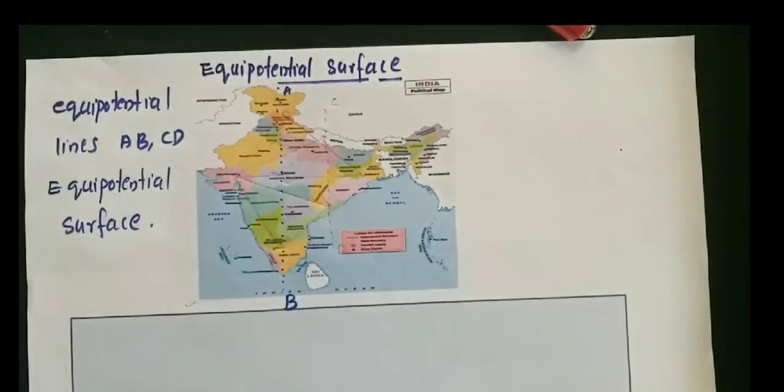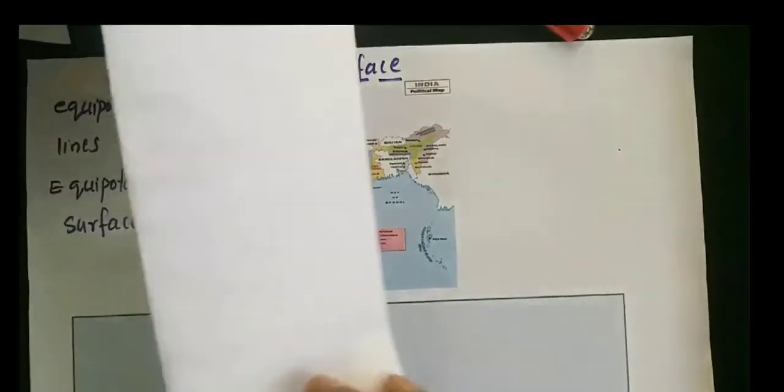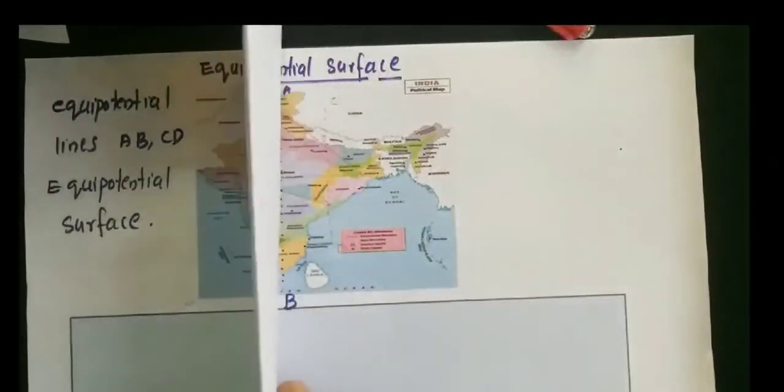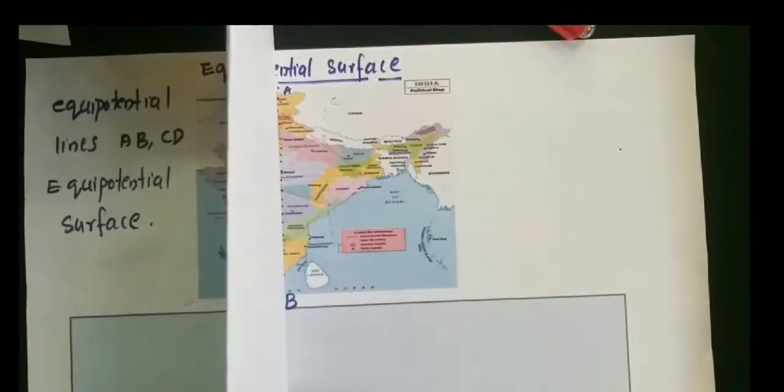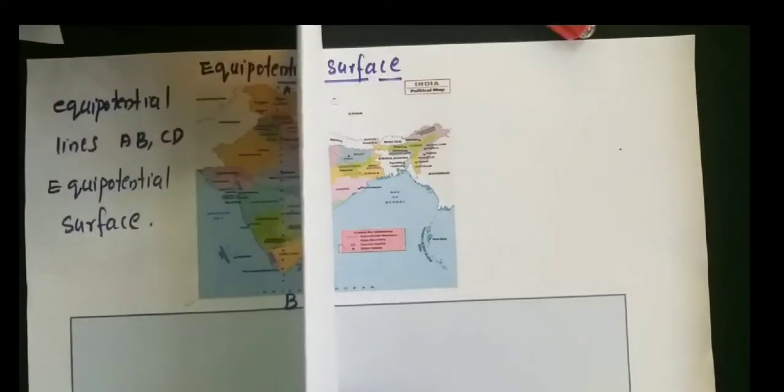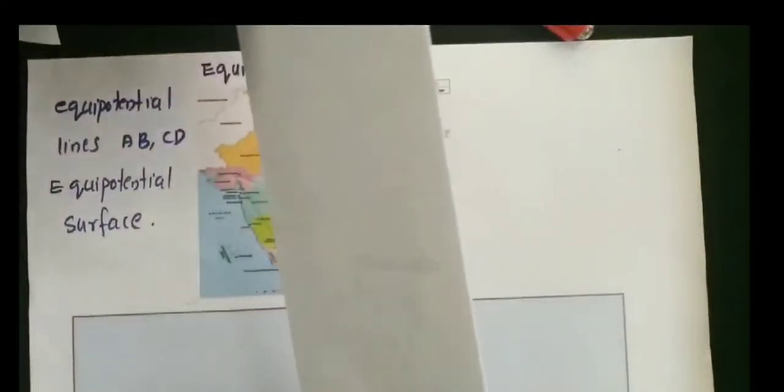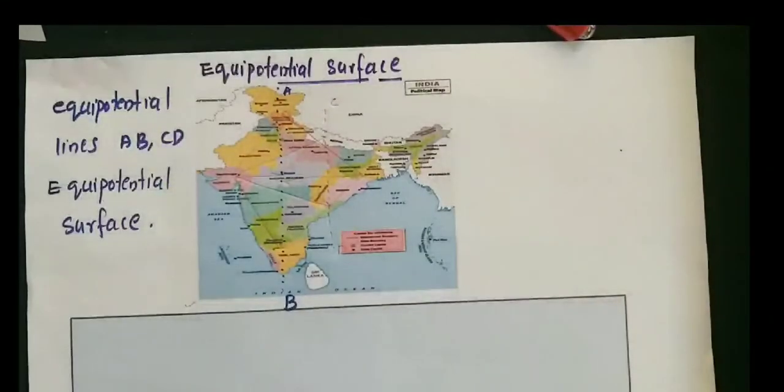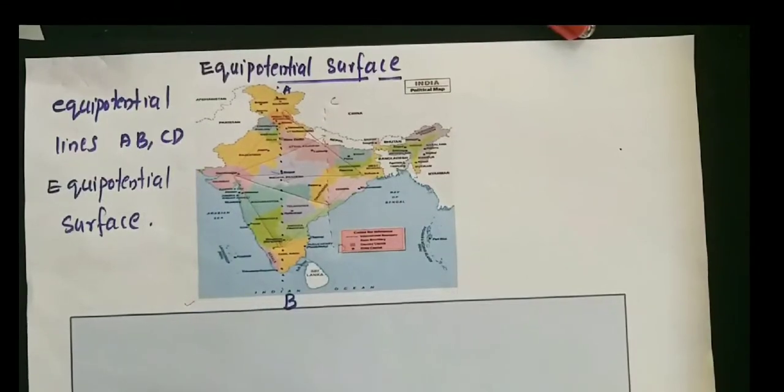Similarly, if I consider a line CD, it also will have a constant potential. Let me take a piece of paper and fold it into a rectangle. So all the points in this paper rectangle will have the same potential because this paper is passing through AB. Similarly, the paper, if it passes through CD, will also have another potential, but all the potential will be constant